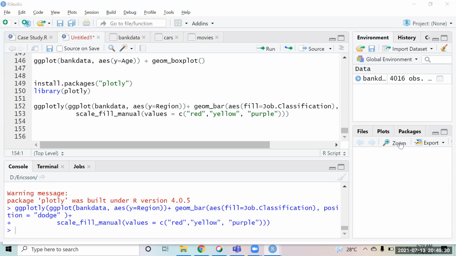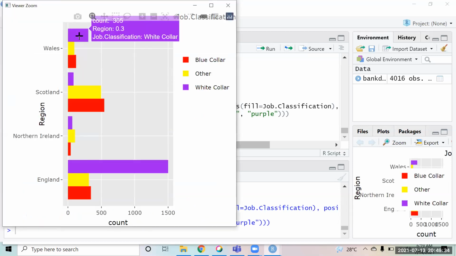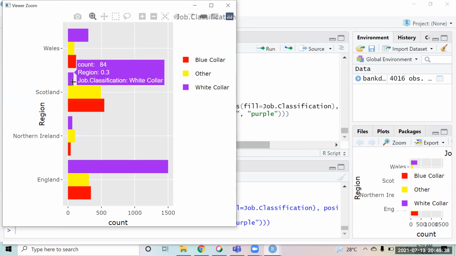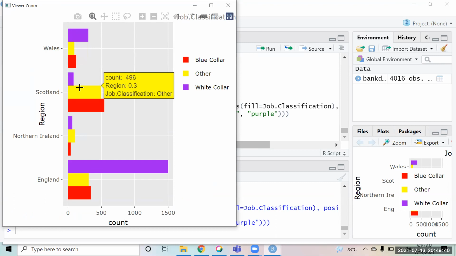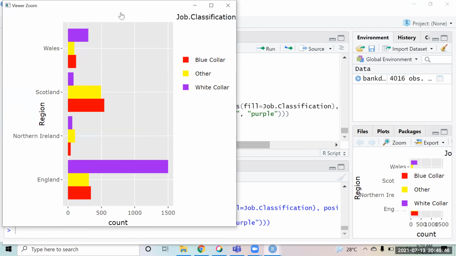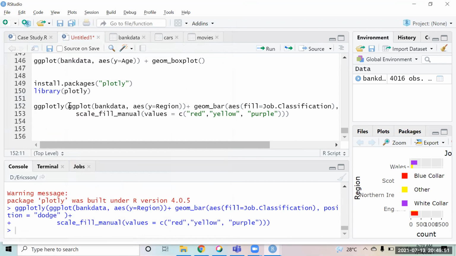The difference that you will find is that the chart that gets created, right? If you hover on this, it will give you the tooltips and you will be able to see the data here, which is not possible in the ggplot. So it gives you that little bit of interactiveness in the charts, right? So everything remains the same. You just have to copy and paste that chart that you have created using ggplot inside the ggplotly.